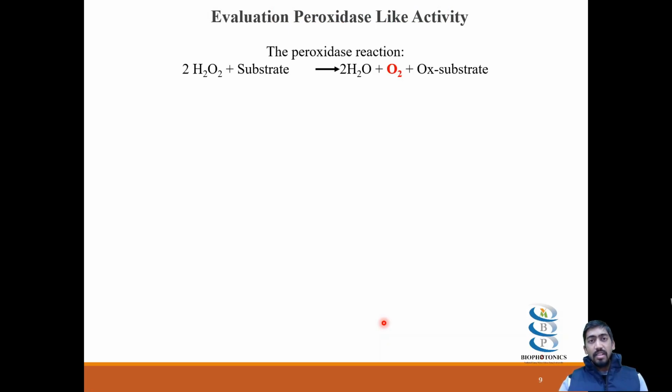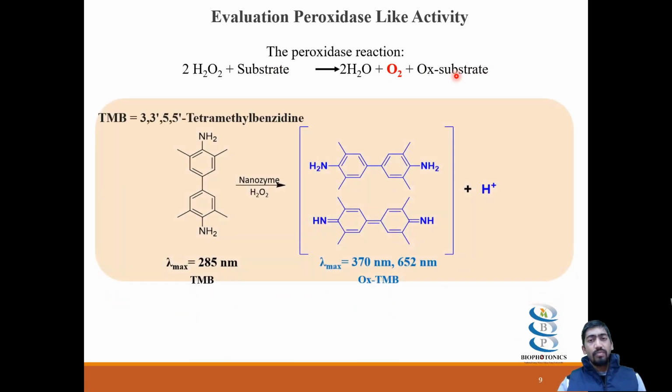nanocomposite, let's understand what a peroxidase-like activity is. So the peroxidase-like activity is nothing but the conversion of H2O2 into water and oxygen, and it converts the substrate into the oxidized substrate. So typically, people use TMB as a substrate, which is known as